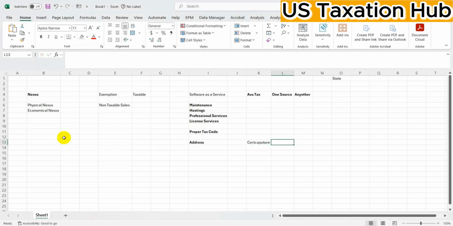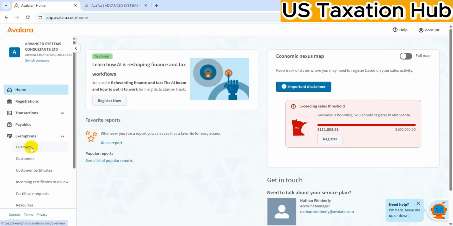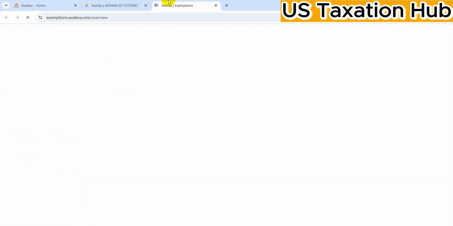This was basically software in which we could include the exemption certificates. Now what they have done is that they have merged this into Avalara. So now you can even keep the exemption certificates here. For example, if I go here,